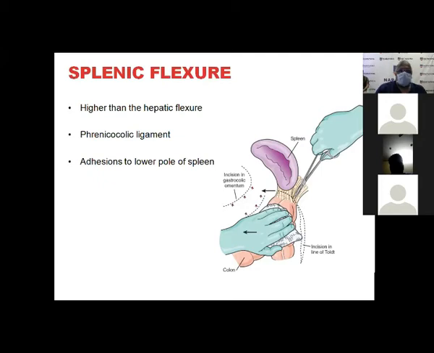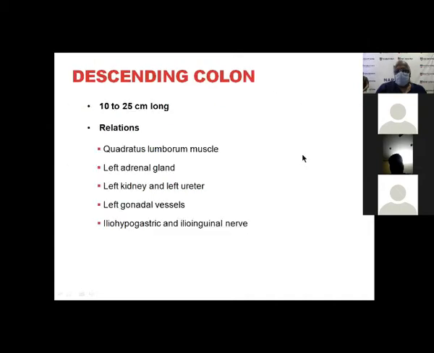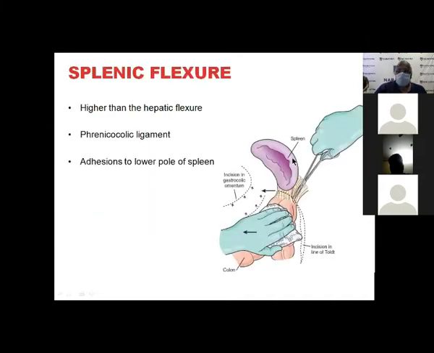you must be able to say what it is. This phrenicocolic ligament is important because it comes from the diaphragm and forms a shelf. That is where it goes. It prevents the downward enlargement of the spleen. It goes to the right side and crosses the midline. That is the important differentiating clinical feature between a splenic enlargement and a renal enlargement. So that is what it is.